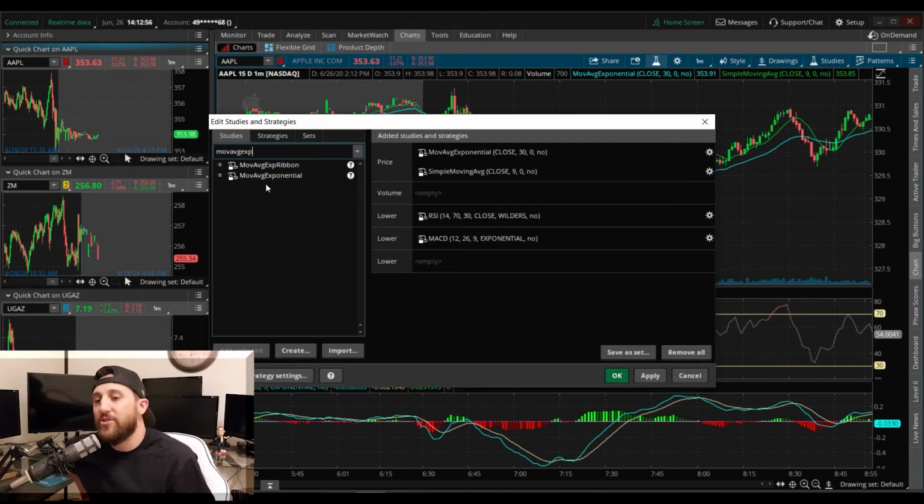Moving average exponential. This is our EMA right here. All you got to do is add. Highlight it, double click it once, add selected. You'll figure it out. The next thing we're going to do